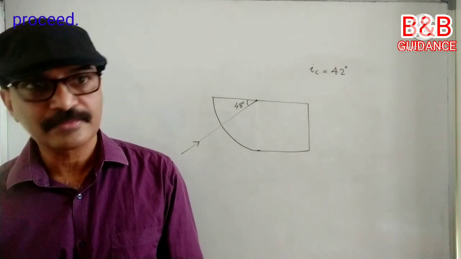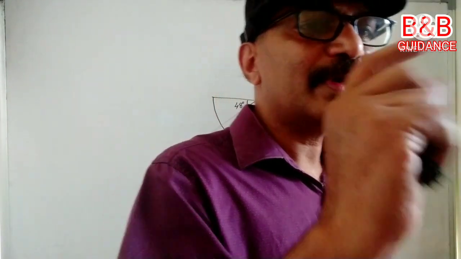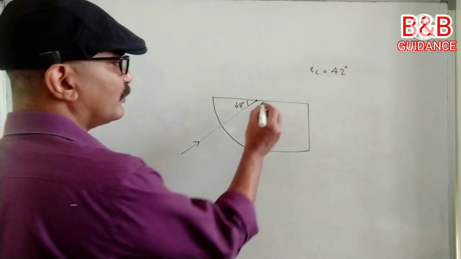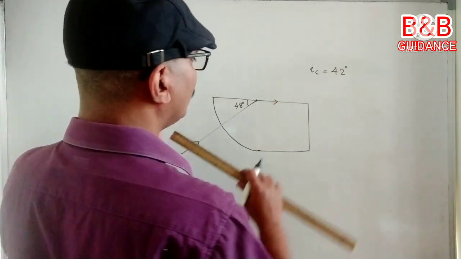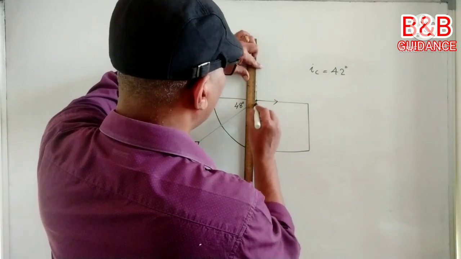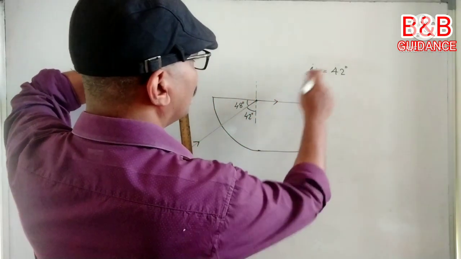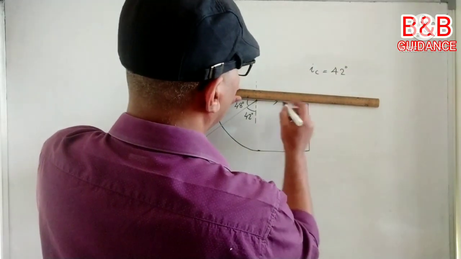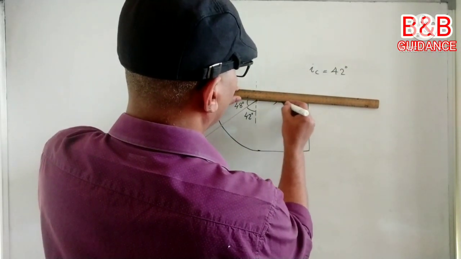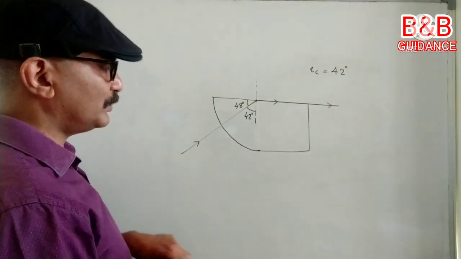Sir, done. Okay, you have got it. Yes, you understand. And this is correct only. This way it will go, because here you have to mention this angle. Anyway, you have to mention this angle. This angle is 42 degree, that is equal to critical angle, and it goes like this. That means it grazes the surface. Ray must go out also. Okay, good.